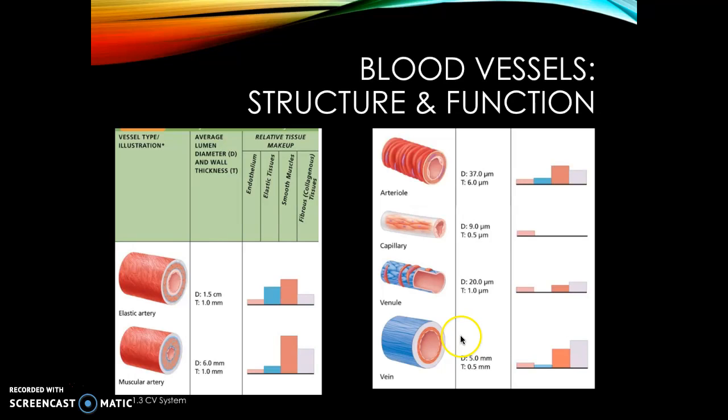The venules are small vessels that are larger than capillaries, but smaller than veins. They drain blood from the capillaries into the veins to be able to return to the heart. And the larger veins have valves to stop the backflow, therefore they aid venous return. They also transport blood towards the heart. This is allowed by them having a large lumen, therefore the pressure is very low. They include valves in